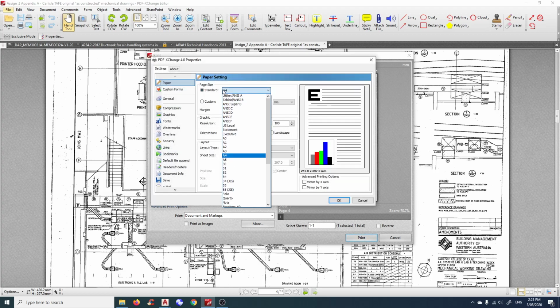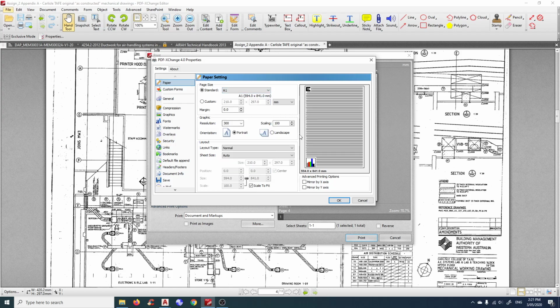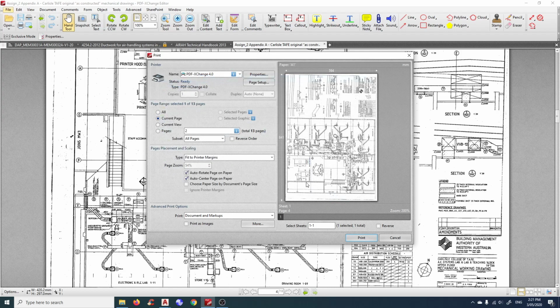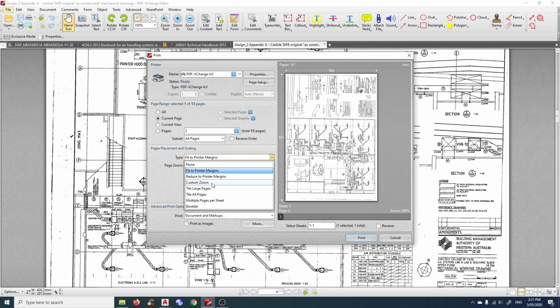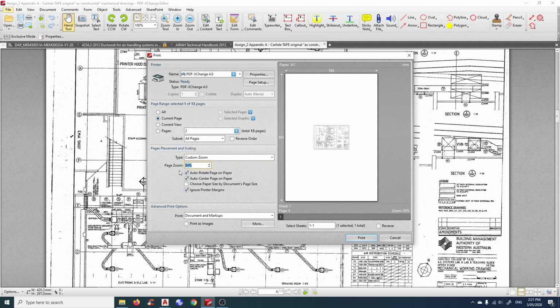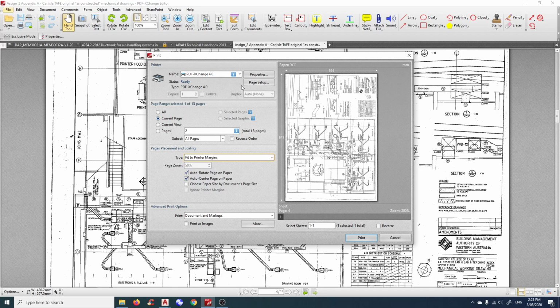Go to properties. This drawing was scanned. I'm pretty sure it was scanned in A1. That's a standard government protocol, so we're just going to use A1. Page zoom 54, we'll say maybe 50. No, it doesn't work. Just leave it at fit to print margin. That will do. So you print,